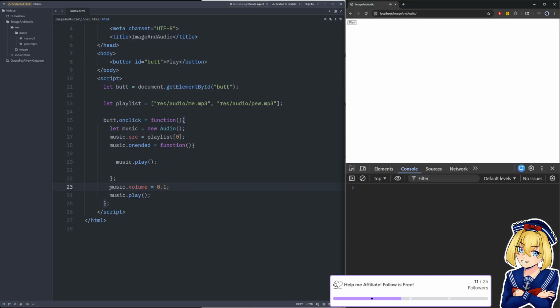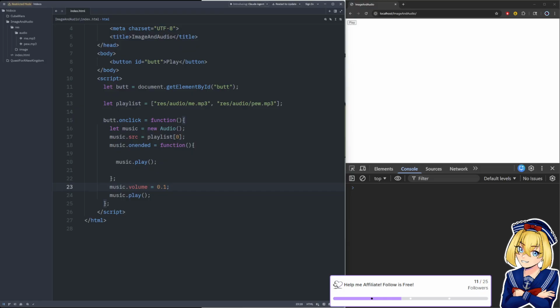And the reason I want to show you this is because you oftentimes want to be able to control how loud the background music is. Like the foreground, the pews and all that, the sound effects, usually you want them to be max volume. But a lot of times your background music is, as it's named, supposed to be in the background. So it's not supposed to be blaring your ears out or anything like that. You mostly want to do the sound effects at full volume.